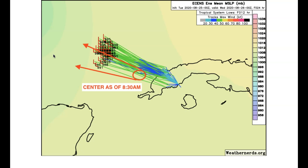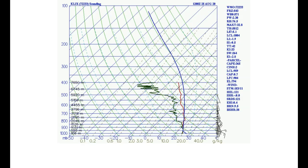These further west and south solutions make more sense, and I'm going to talk about why in just a second. All right, this is an observed sounding coming out of Louisiana this morning, and the observed sounding indicates that 500 millibar heights are coming in around 5,992 meters, which would indicate that the ridge is